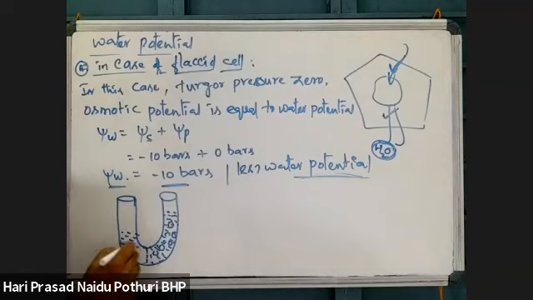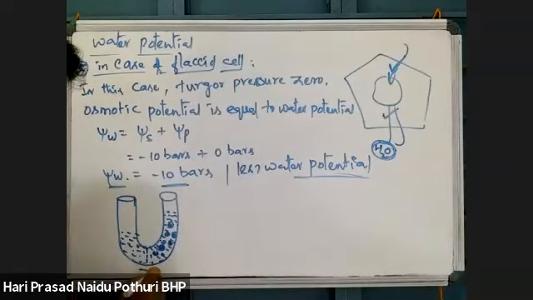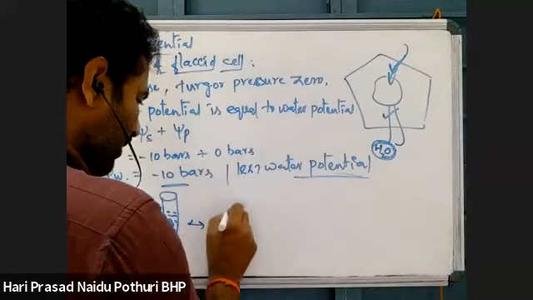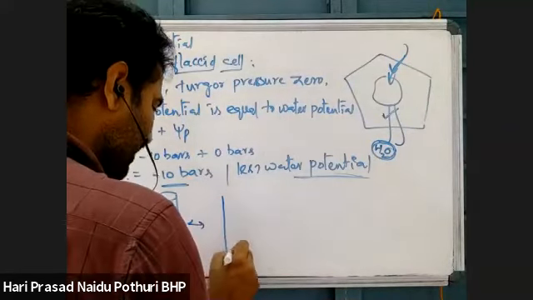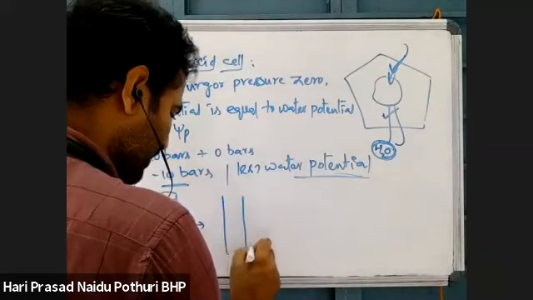So when solute concentration is more, what happens? Here solutes are more. Due to the presence of solutes, water potential is less here. So water is moving from the high water potential area to the less water potential area. Okay, that is fine. But if a pressure is developed on the opposite side,